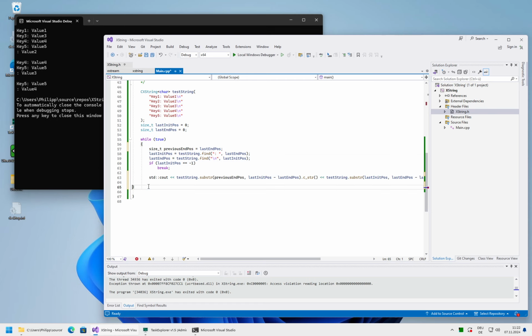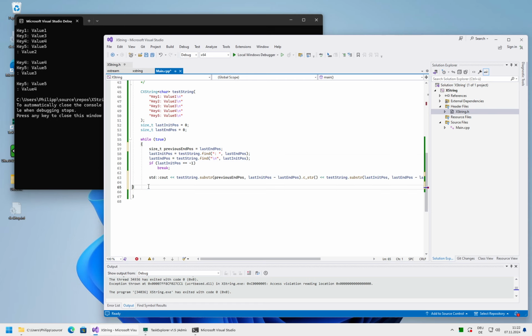Because in principle we have last end. Okay, let's put the back one. So we start with 12, 17, 30. Then we fall back to 4.